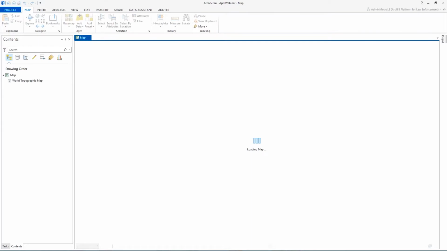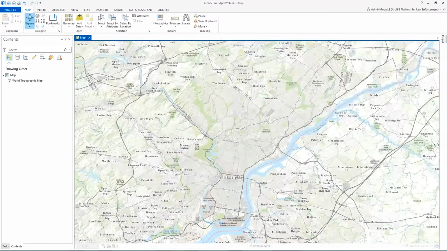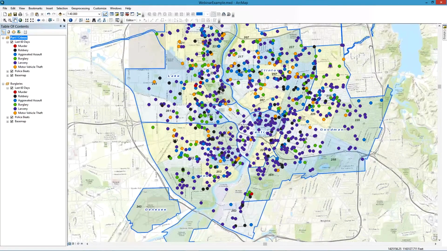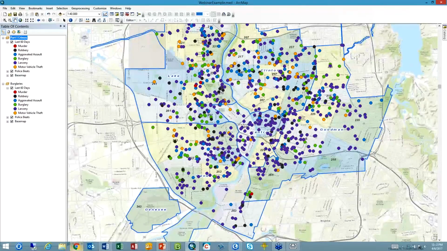Now, as I start to work in ArcGIS Pro, I just want to take a step back for a minute and look at an existing ArcMap project. For many of you, you're used to working in a standard ArcMap structure, and in this case, since I am previously from the Rochester, New York Police Department, I like to use a lot of Rochester data as an example. I have a map of the last 60 days of Part 1 crime in Rochester, and I also have a layer of police beats, and as you can see in my table of contents of ArcMap, I have two data frames. The first is a data frame of Part 1 crimes,